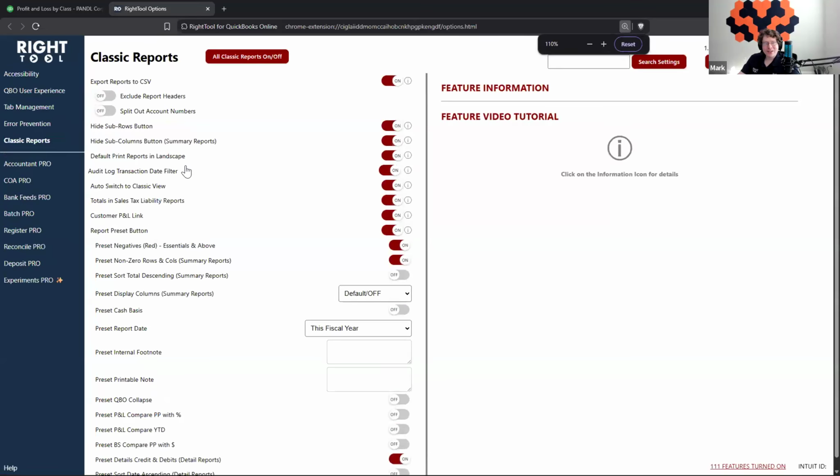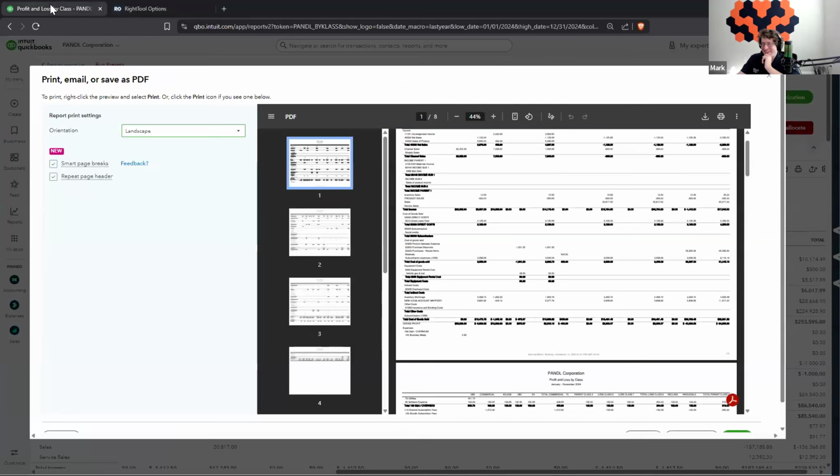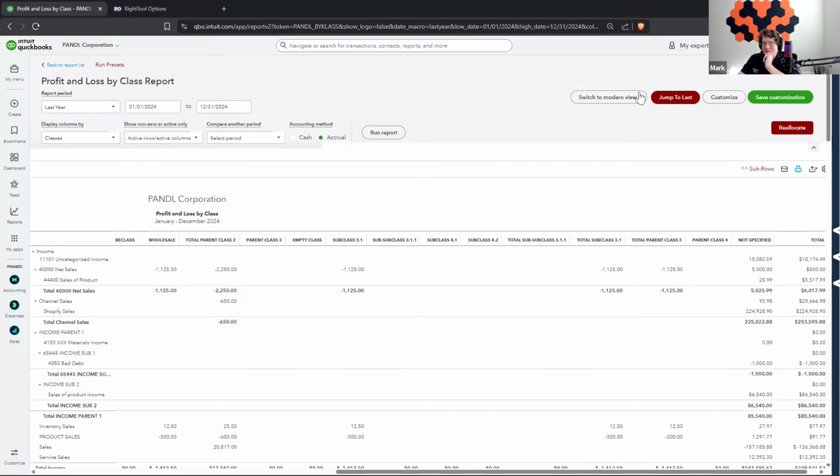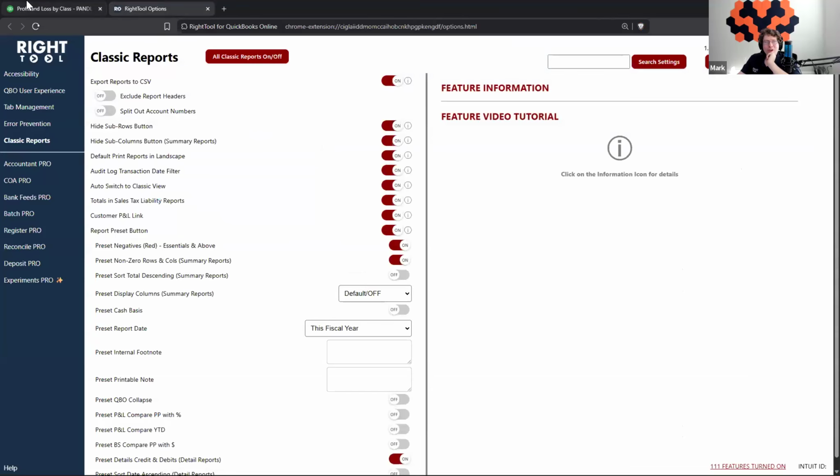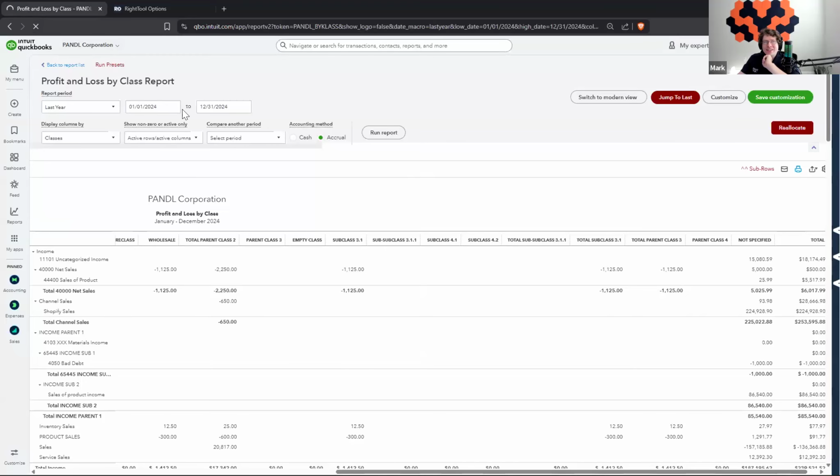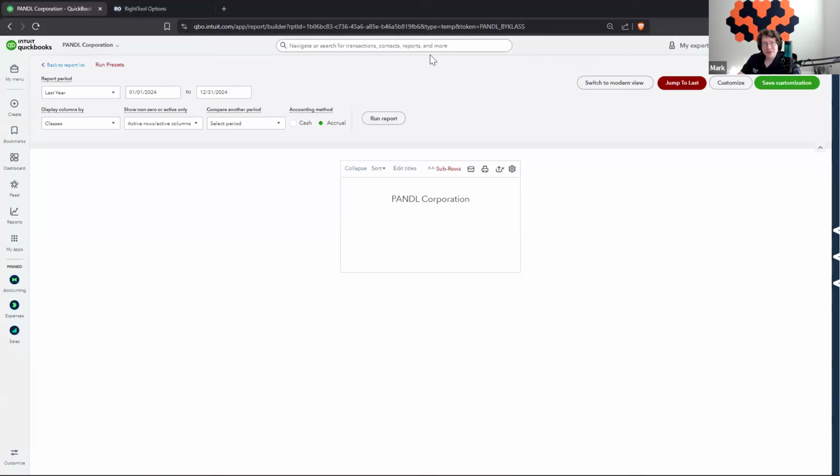This is one that a couple of people like a lot. I don't know if QuickBooks does, but people generally do. So I'm going to turn on auto switch to classic view. All that does is, if you enter a report and it automatically tries to take you into a modern report, like this one's trying to do right here,